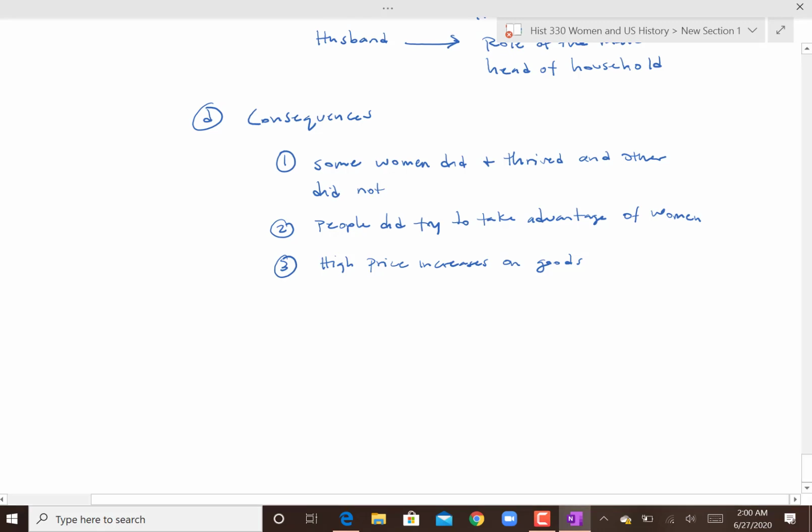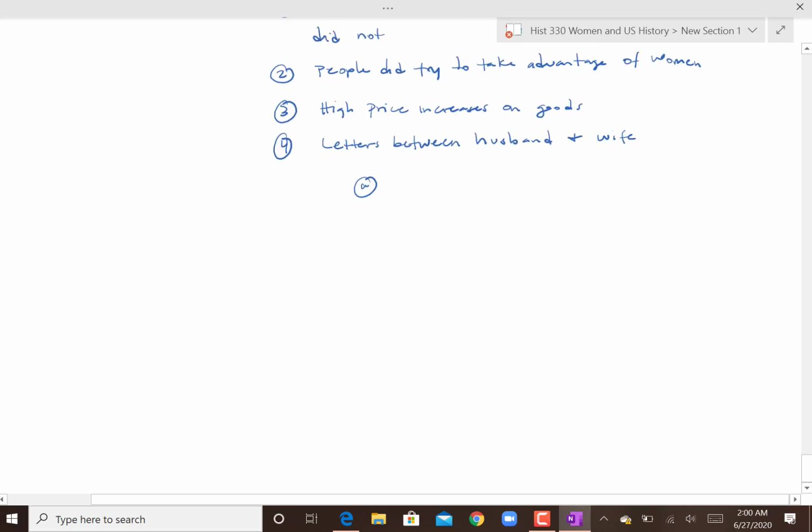We also have letters that were sent between husband and wife, and this actually shows us the evolution for some women. Now, there were some where the business was failing, they couldn't get it to work, and they were ready to go. They said, I can't do this, and their husbands often came home to make sure that things didn't collapse. But there are others where we see in the early letters that the husbands give lots of detail and instructions,